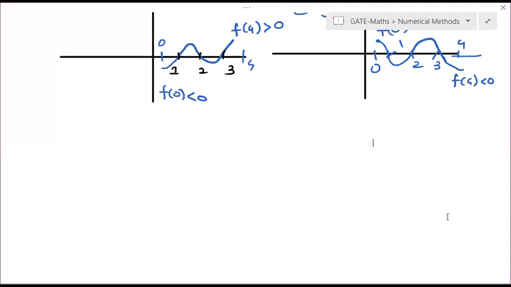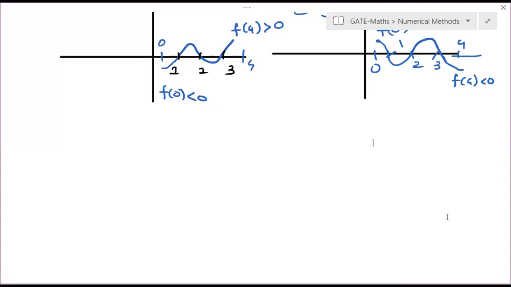Okay, so we were seeing numerical methods, and yesterday we finished up to the Newton-Raphson method. One more thing we learned about was the intermediate mean value property, and based on that property, we tried two questions. Yes or no? Right.